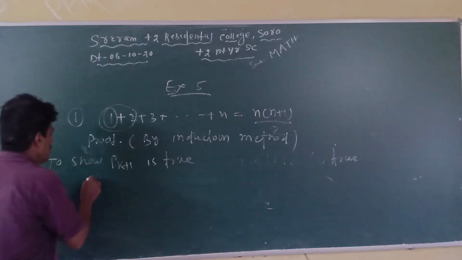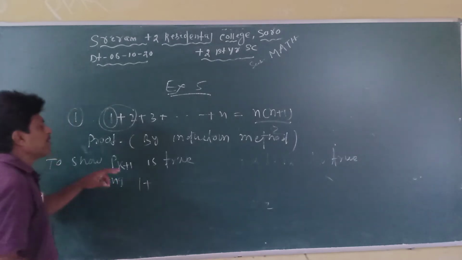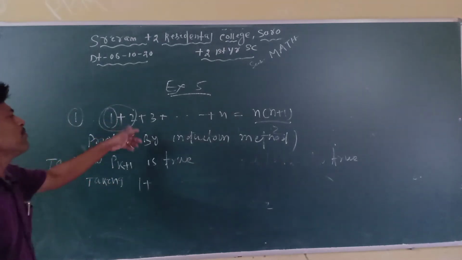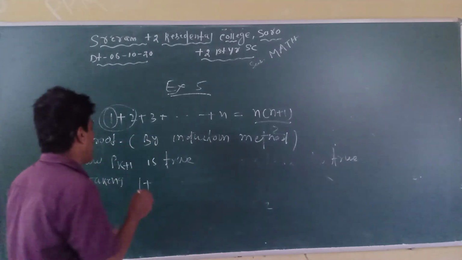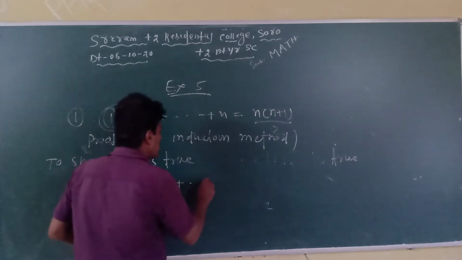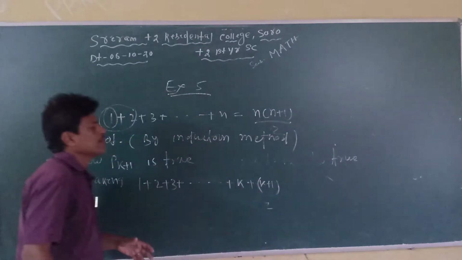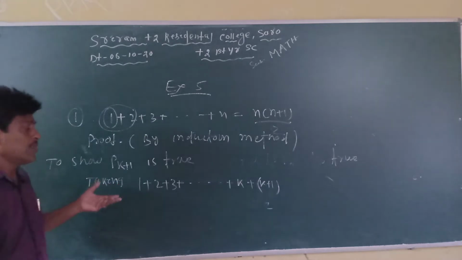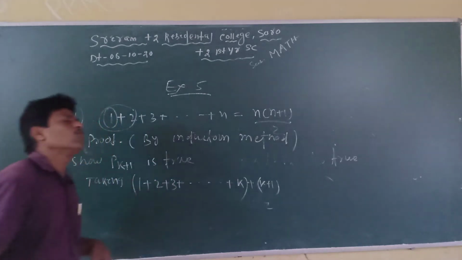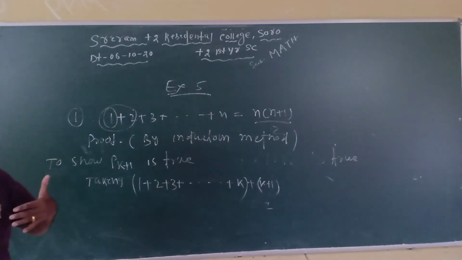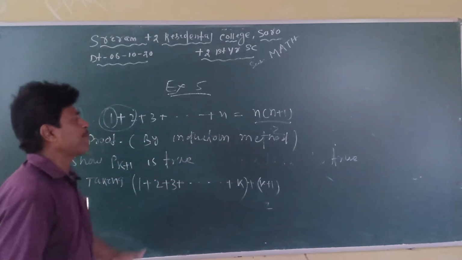Okay. So now taking from 1 to k plus 1, because P1 has only 1 term, P2 has 2 terms, Pk has k terms, so Pk plus 1 is from 1 to k plus 1: 1 plus 2 plus 3 plus up to k plus k plus 1. It is very interesting. Look seriously. Just before, in step 3, we proved that from 1 to k is equal to k whole into k plus 1 by 2, because it is true for Pk.